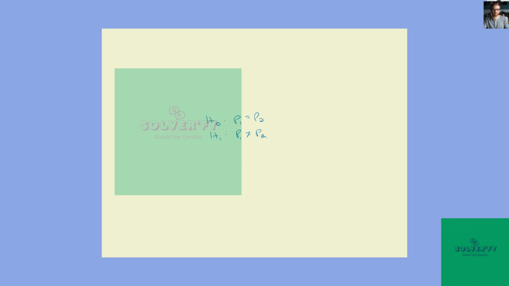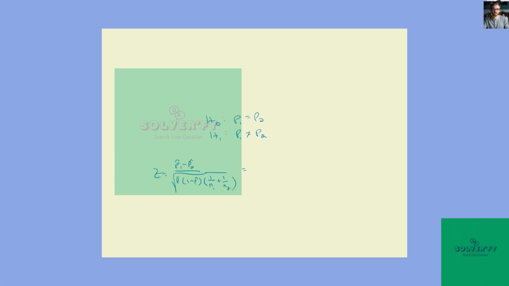The test statistic, we're going to use the z test statistic, and that is calculated as the difference between the two proportions over the square root of the first sample proportion times 1 minus, it's the pooled proportion times 1 minus the pooled proportion times 1 over the reciprocals of the sample sizes. So